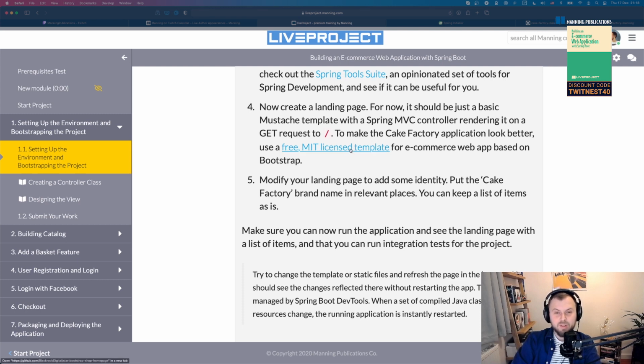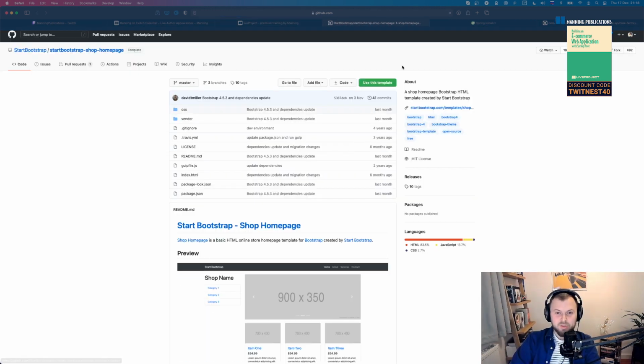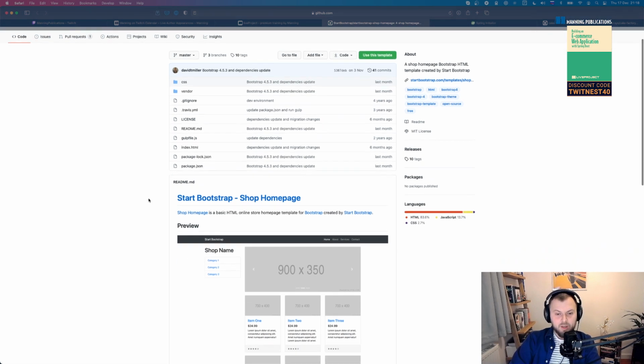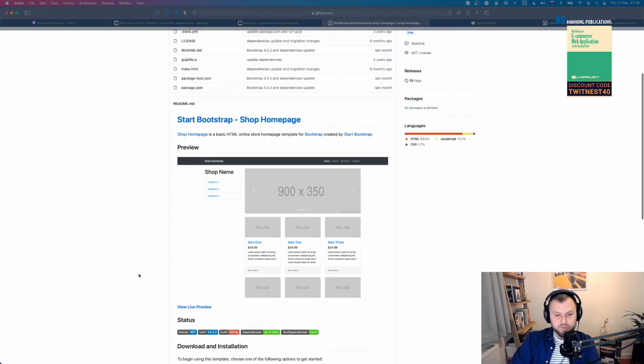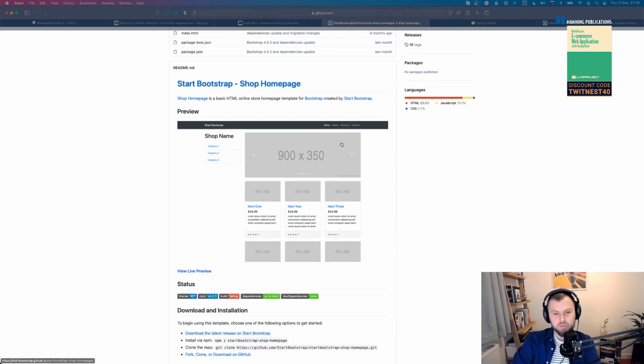If you feel like you're a web designer, you're absolutely free to create something from scratch, like design the whole HTML page with CSS and JavaScript. I don't feel that brave today, so instead I'm going to be using a template which is called Start Bootstrap Shop Template, and it's fairly basic. It's pretty fundamental e-commerce web application website layout. You see, you have a list of categories on the left, you have a gallery to highlight the important stuff you want to promote, and then you see the full catalog of items on your landing page. So far so good.